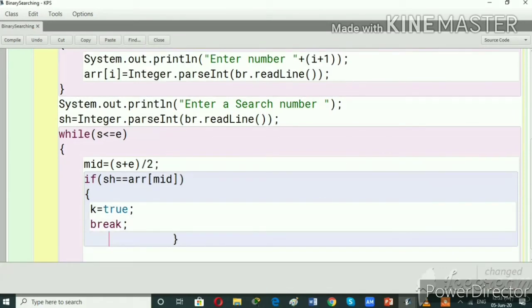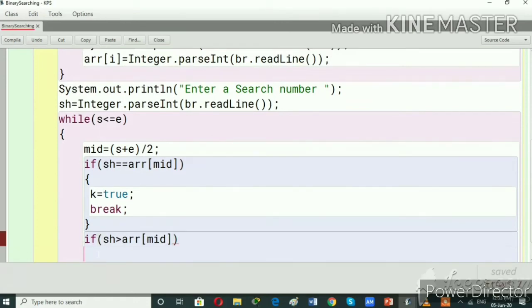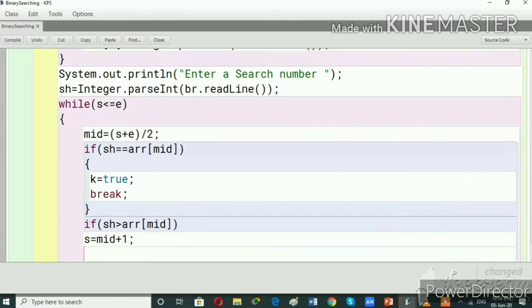There will be chances of two more cases, case 2 and case 3. When the search is greater than array middle, in that case we have to move the lower, that means starting is equal to middle plus 1.